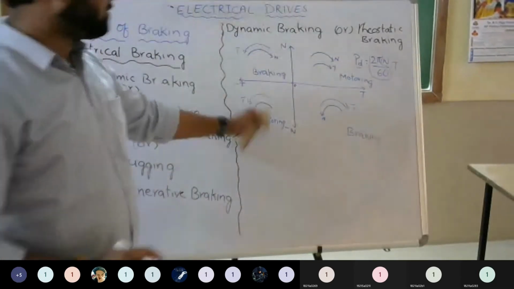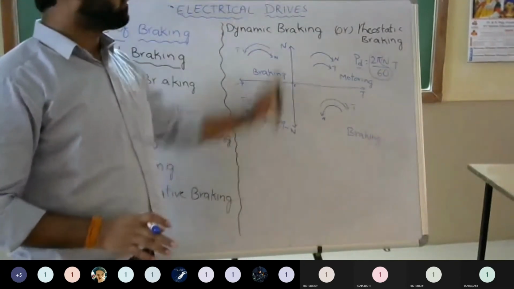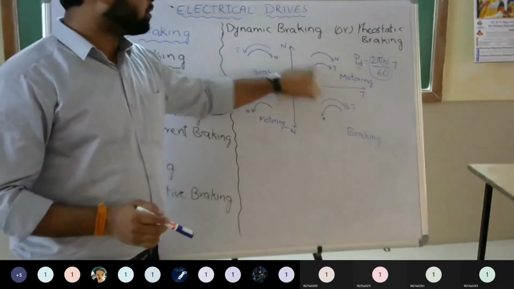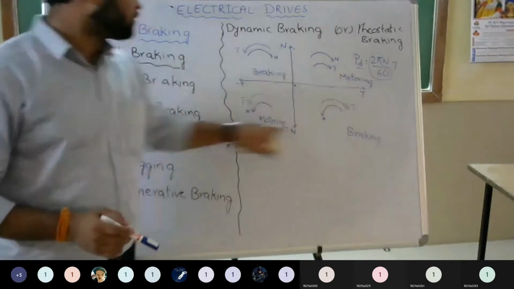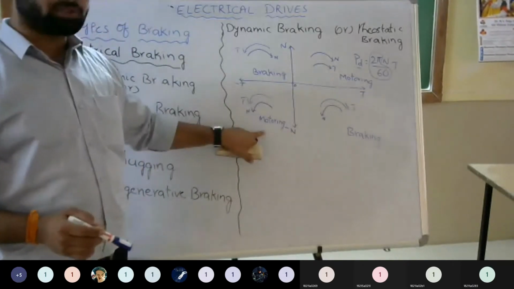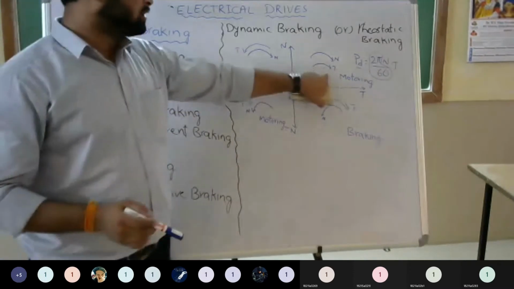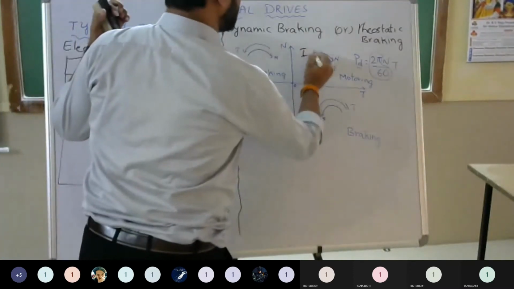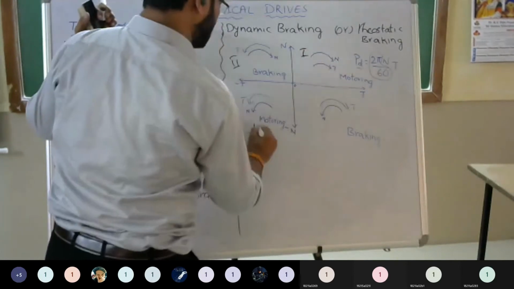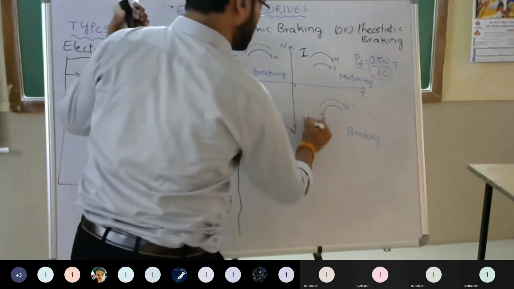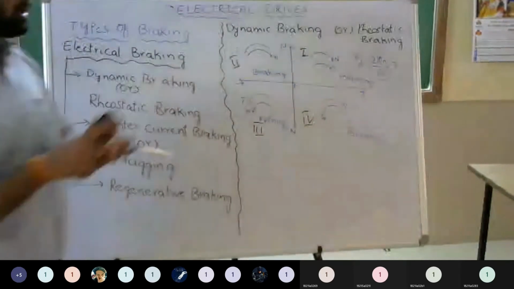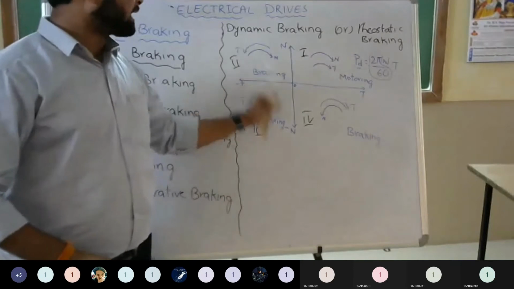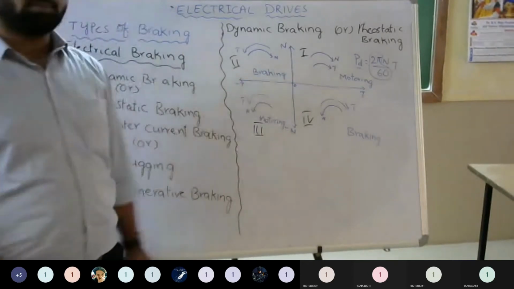Guys, remember, generally people get confused here, but we need not be confused. Wherever power is positive, those are motoring, because here both are positive so the multiplication is positive, and here both are negative so the multiplication is also positive. That's why this is motoring mode. This one is the first quadrant, this is the second quadrant, and this is the third, as we already know these quadrants. So in the first quadrant it is motoring, in the third quadrant it is motoring, and in the second and fourth quadrants it is braking.